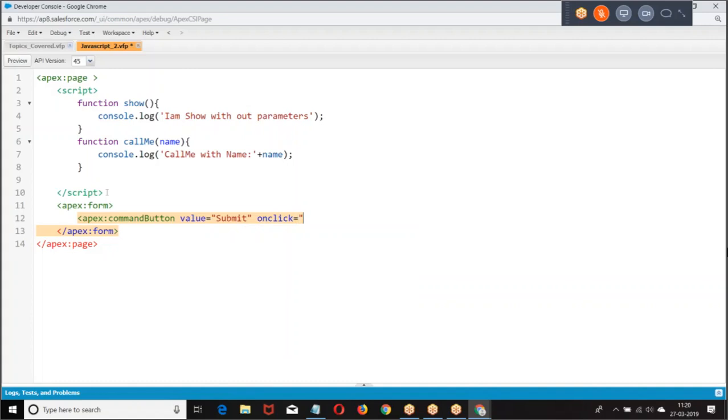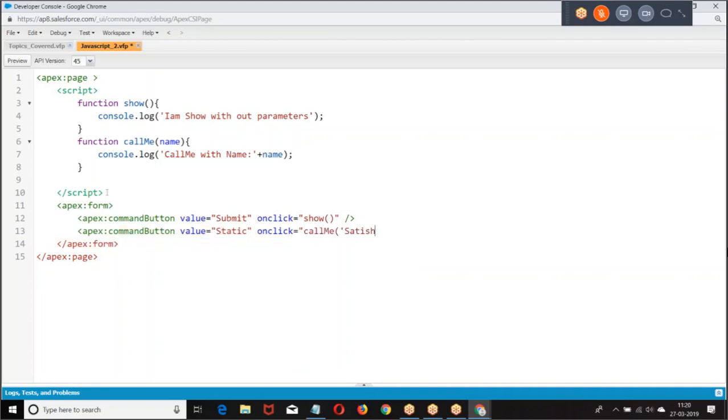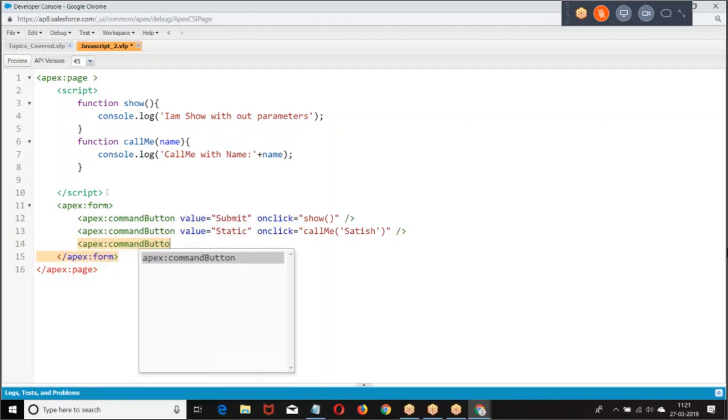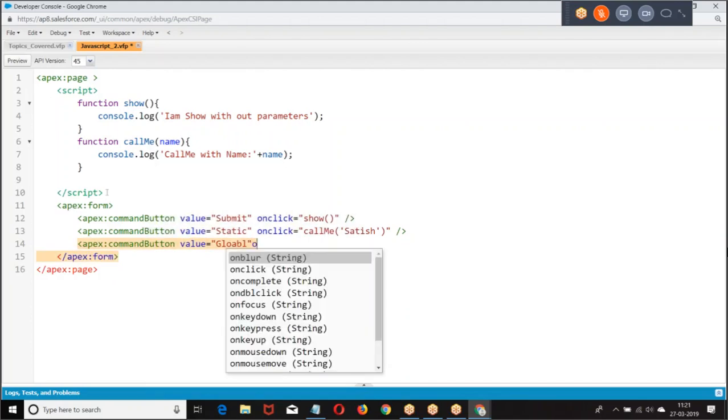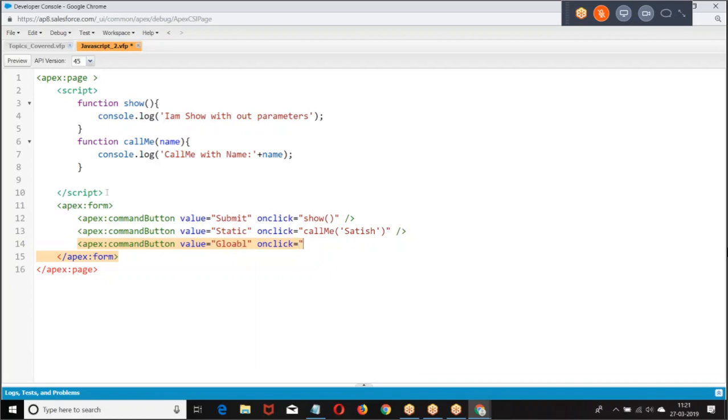Or click. Give Apex command button value equal to call me. User dot.